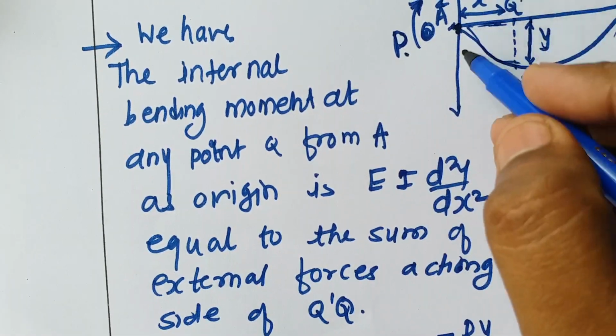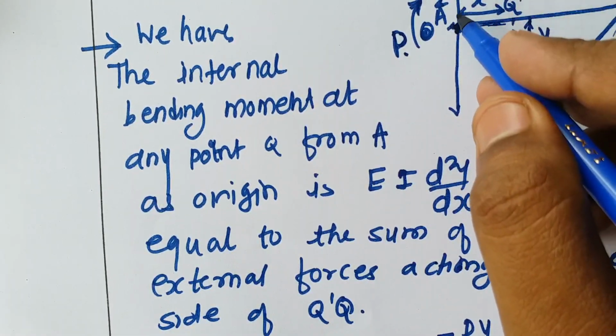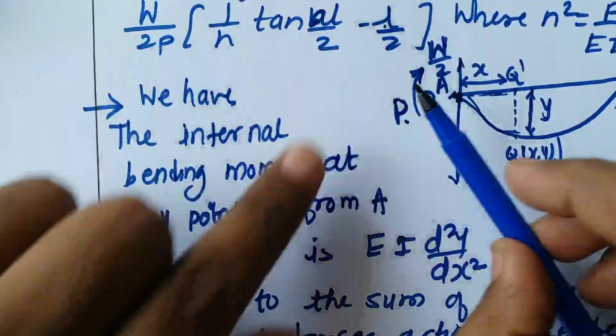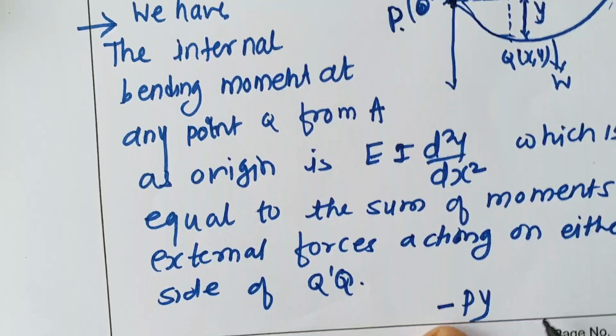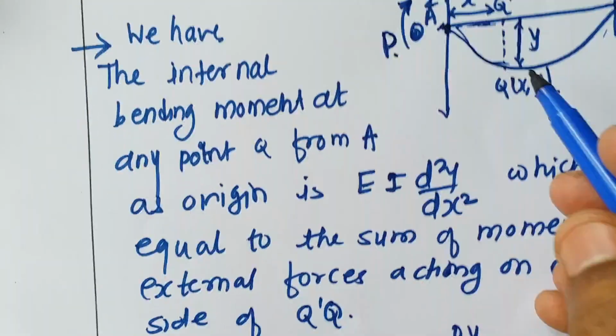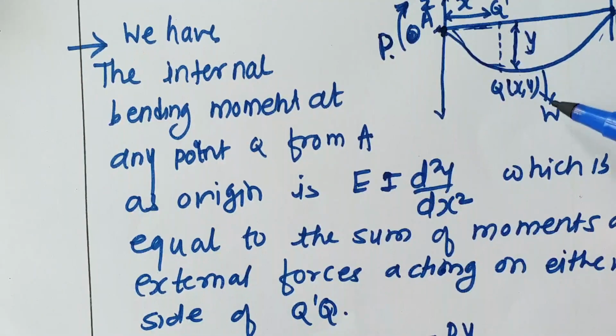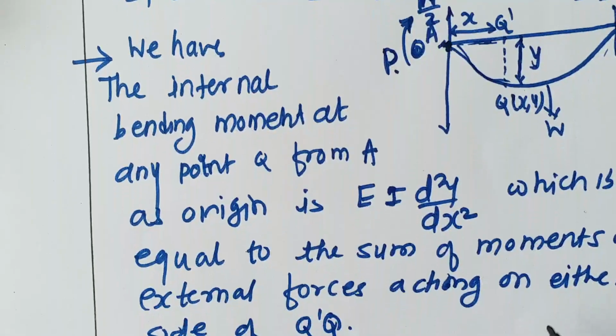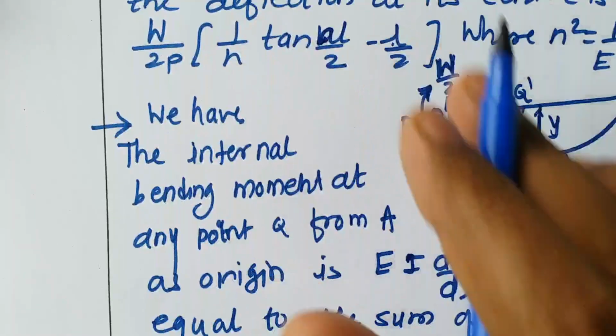So it is also acting, this is a vertical reaction, acting in the vertical direction, stretching in the upward direction. This is a vertical reaction we call, and that's why it is also negative. The actual compression is in the downward direction, weight is acting downward, and this W by 2 is acting in the upward direction.